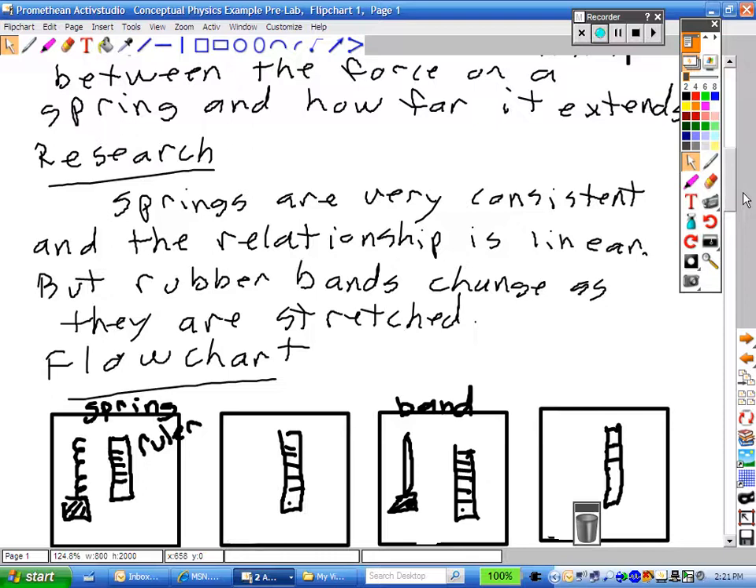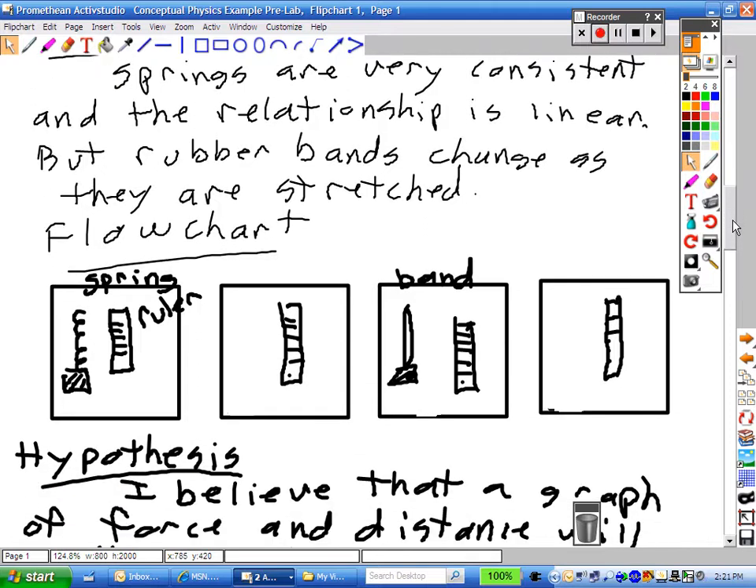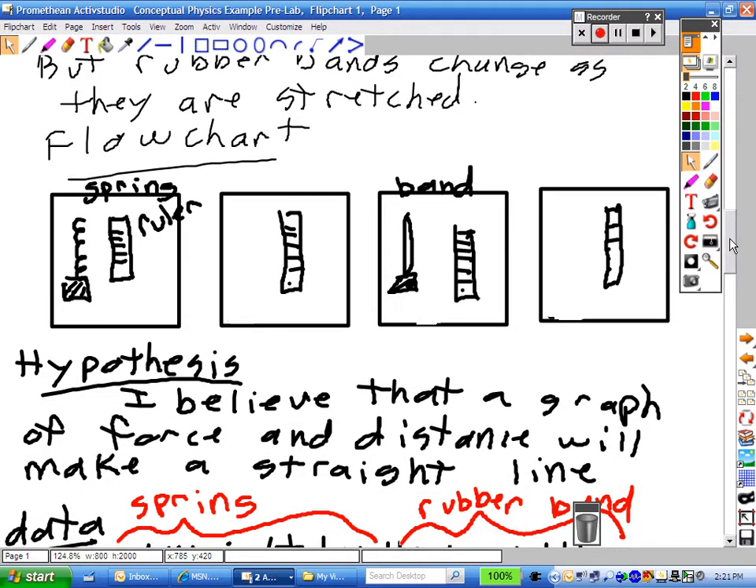But what about rubber bands? They may change as they're stretched. This is some of the research you could have done. There's a flow chart. As you can see, it doesn't have to be pretty. The first one might be a spring with a ruler to measure how far something has a mass has extended